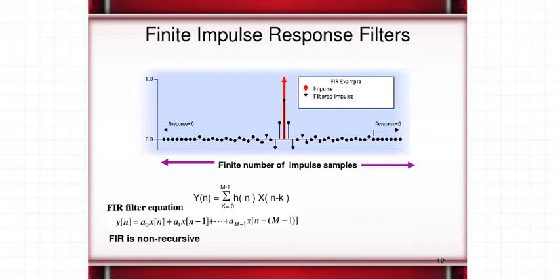There are only a finite number of samples, from some minus q, let us say, to some plus q. There are some finite number of samples existing in the impulse response. Everywhere else beyond this, the impulse response is zero. So when the impulse response is of finite duration, you say that your filter is of type FIR filter. And what is the governing equation of the FIR filter? The FIR filter is given by the equation as shown here. y[n] is the summation, k goes from 0 to M minus 1, h[k] x[n minus k].